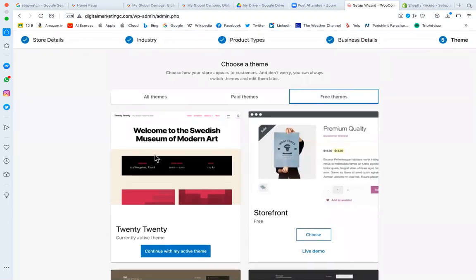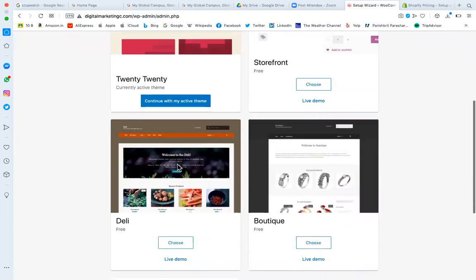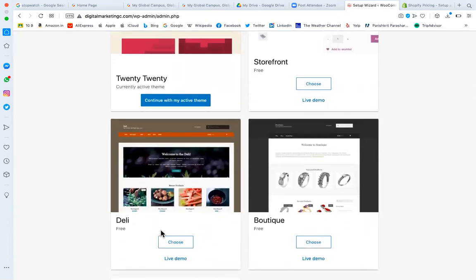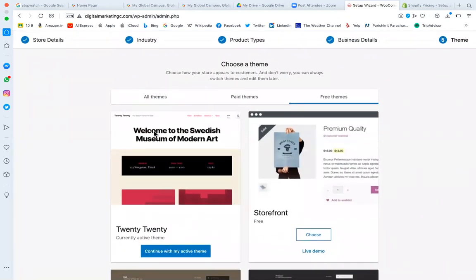So we have experimented here with this theme. Let's experiment with a new theme so that you will have exposure to two different themes. Should I change this theme? Here we can click on choose. You have more options, paid options as well as free theme options.